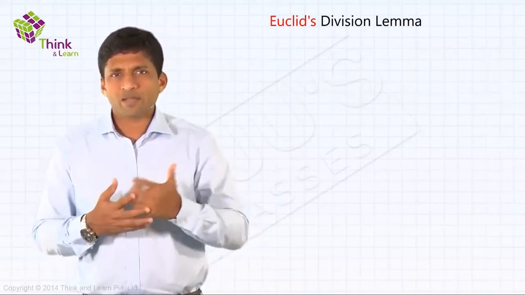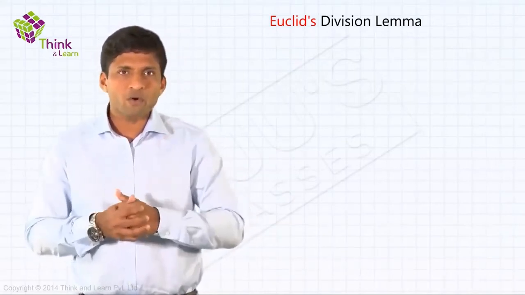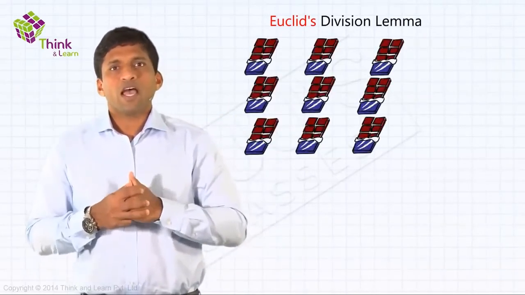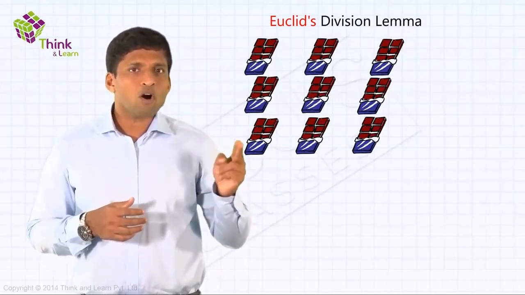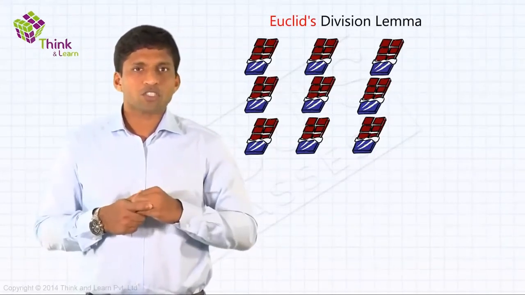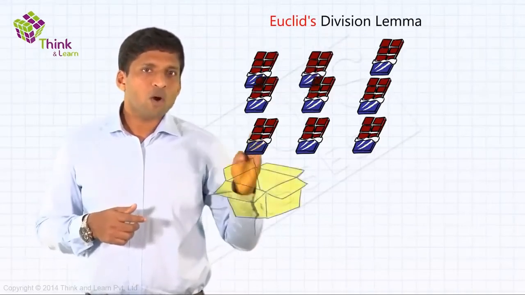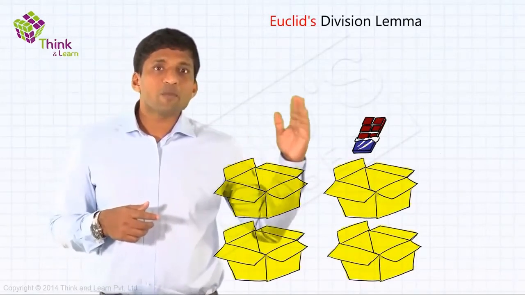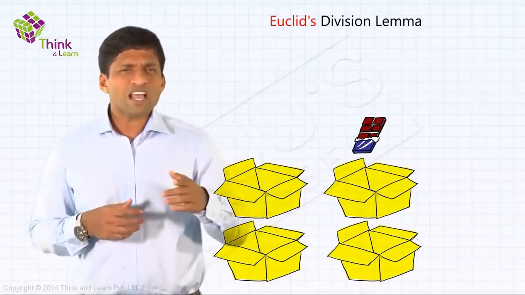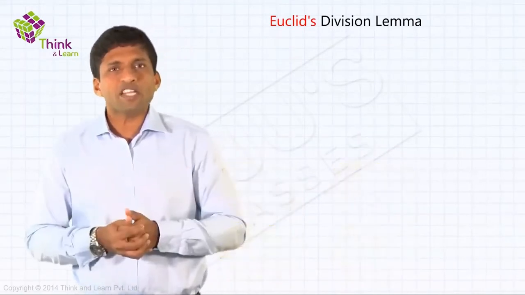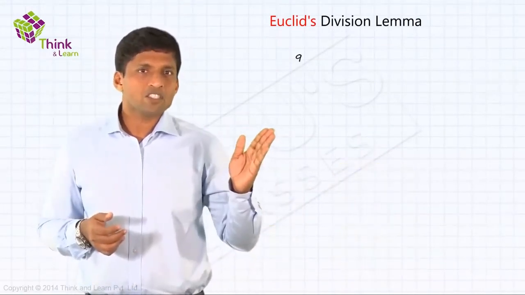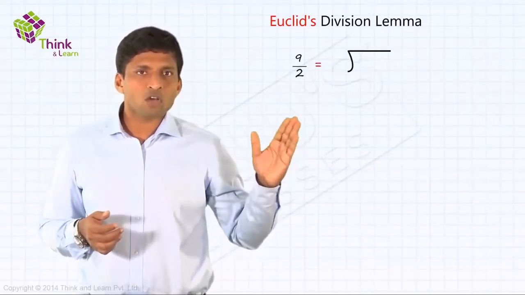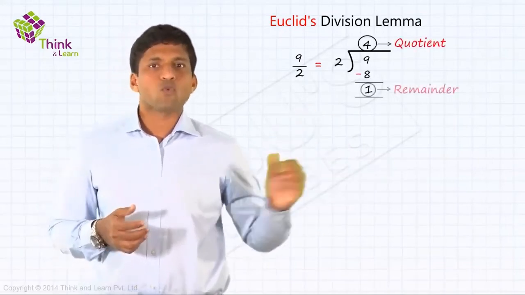Now let's look at one more example so that it becomes very clear. If instead of 7 chocolates, we have 9 chocolates, and you want to put 2 chocolates per box, how many boxes will there be? 1, 2, 3, 4. If I put 2 each, 1 chocolate will still be left out. And how will you write this division? As all of you know, it's very simple. I'm not teaching you anything here. So you will write 9, which is the dividend, by 2, since it's 2 per box. You will get the quotient as 4 and the remainder as 1.